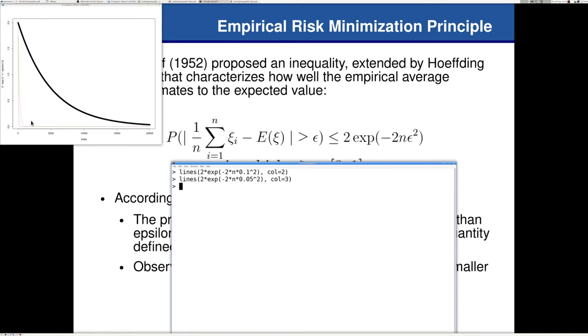If I change this to, for example, 2%, let's plot it in blue. Take a look. The smaller my divergence epsilon is, the more instances, the more examples I need to ensure that my average is going to approximate my expected value. It makes sense. I need more instances to be more precise, and this is like a precision, as you may notice. Okay, so going back now,